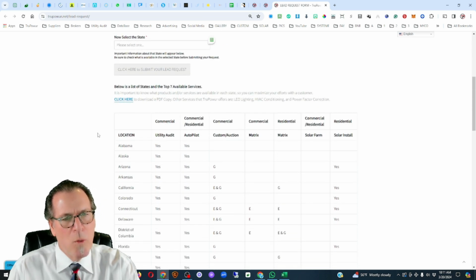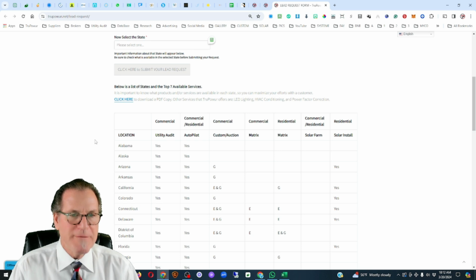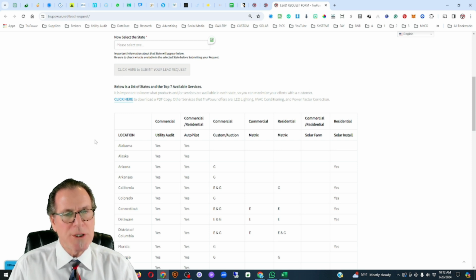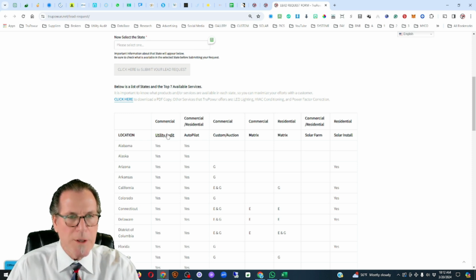In this topic today, we're talking about commercial leads. And so the main focus is talking to the customer about the utility audit. The utility audit is where we actually go backwards up to 4 years, identifying the errors that are buried within the utility. Based on the statute of limitations, we're able to go backwards up to 4 years, identifying those errors and getting that back as a refund for that customer. So if we take a closer look at that,